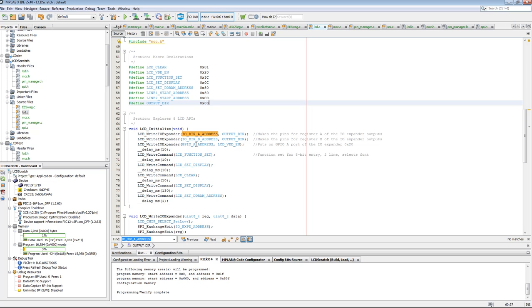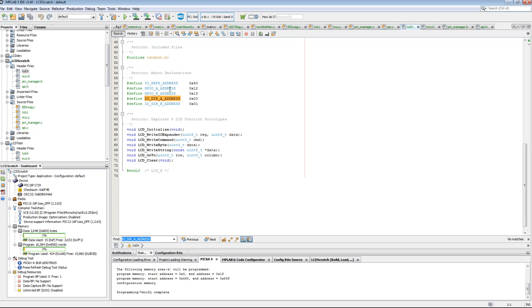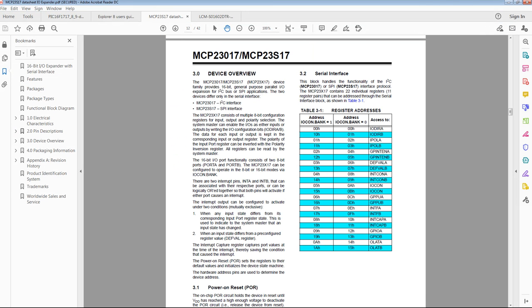So if you look, GPIO A address is actually defined, I believe that's defined in our lcd.h. Let me see if that is the case. Yep. So lcd.h is where these addresses are defined. So we have address 0 and 1 for the directional addresses. And then GPIO A address is hex 12, GPIO B address is hex 13. And so if you go back and look in the data sheet for that I/O expander, you will see that